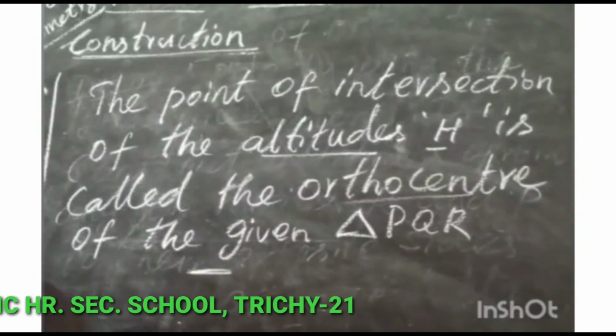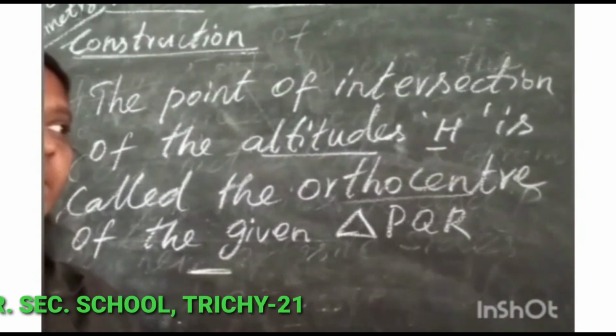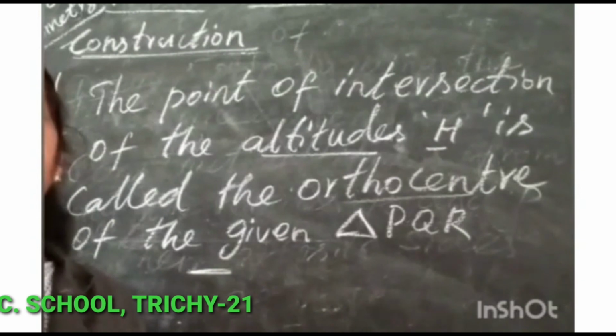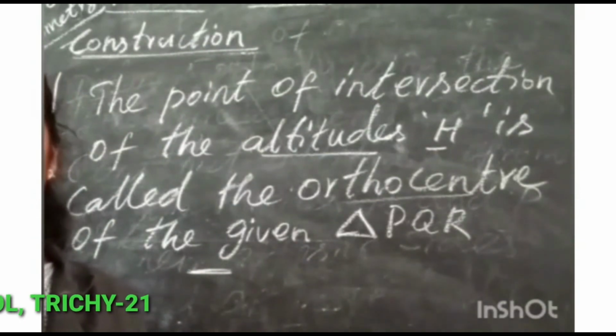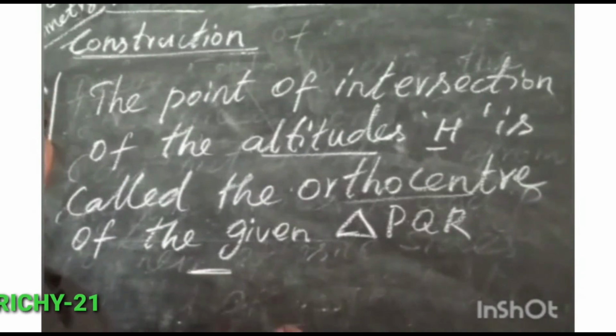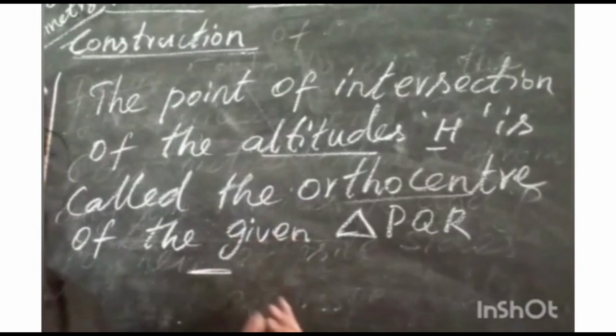Is it clear? First you have to see the given measurements and try to draw the rough diagram first. By using the rough diagram, you have to draw the main diagram. After that you observe the main diagram, and write all the points one by one, the construction of the given picture. That's all. Is it clear, students?